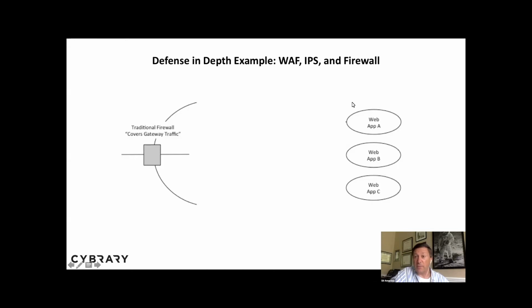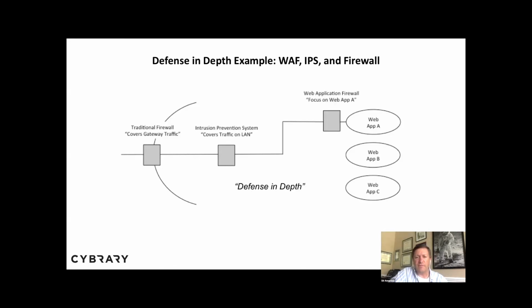So this is the way I would do it. If somebody asked me how these three things, a WAF, an IPS, and a firewall, work together, I'd draw web apps, and show that a firewall, or a gateway perimeter, is put out here somewhere to protect an enterprise of which these apps are part. An IPS is going to complement that, maybe at a more local level, looking at network traffic within some segment. And then finally, a WAF is going to focus on the specifics of a web app. So anybody out here trying to hit your web app is going to go through a firewall.